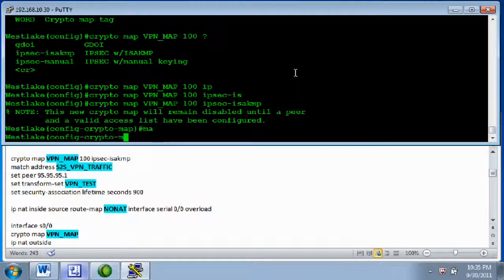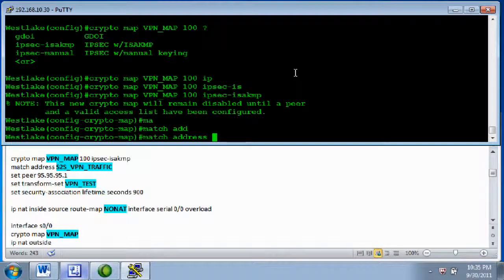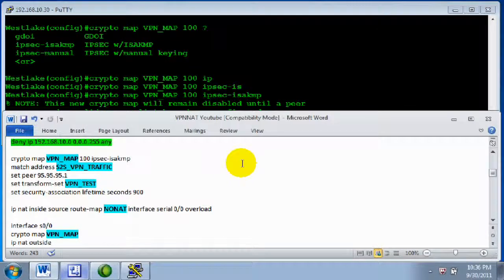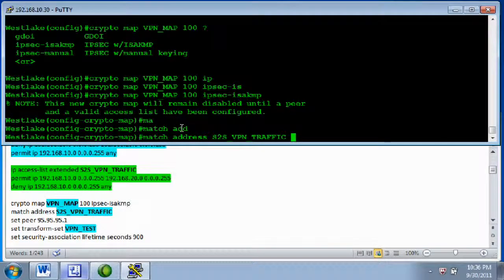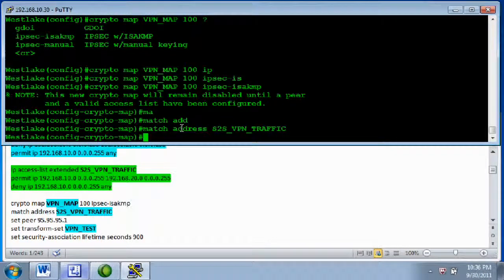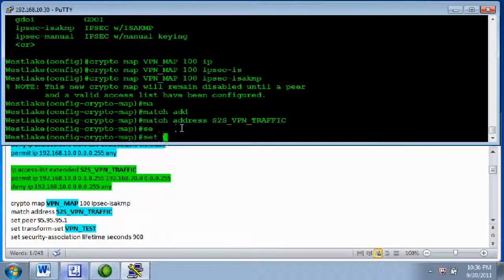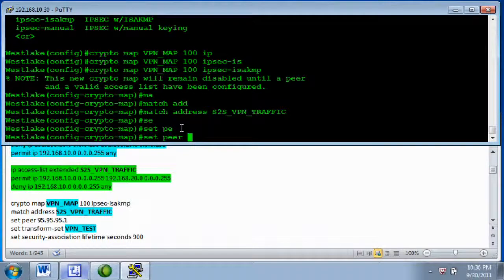And then we want to match address, so that's going to be the access list here. So we're going to cut and paste that in, and hit enter, and then set peer. That's going to be 95.95.95.1,